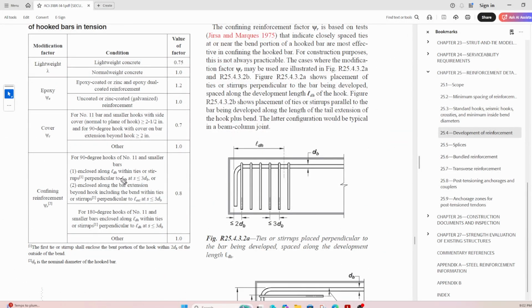If you have a hook, you'll have to check the side cover and see if it is less than that value there. One second here. That number, and then there is the cover beyond the hook. There is a spacing there. So you have to look at those two details